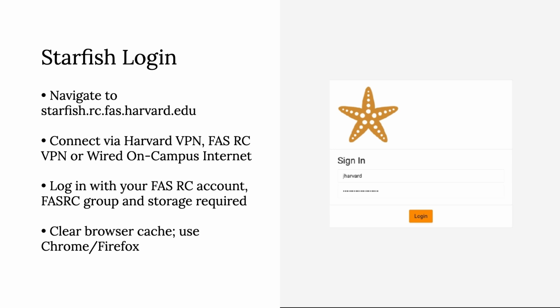starfish.rc.fas.harvard.edu. You will need to be on Harvard VPN, FAS RC VPN, or the wired on-campus connection. Documentation is available on the RC website to detail how to connect to the VPN. After navigating to the website, input your FAS RC account name and password. You will need an active FAS RC account associated with a FAS RC group and have existing storage to access